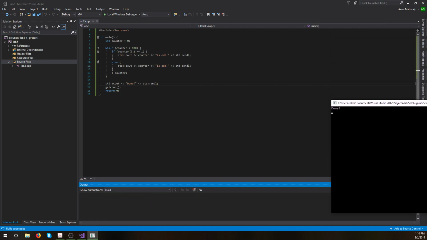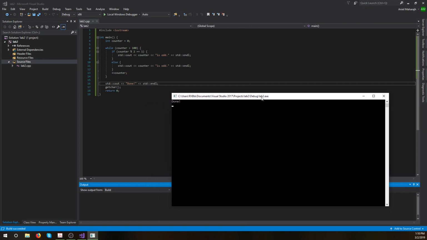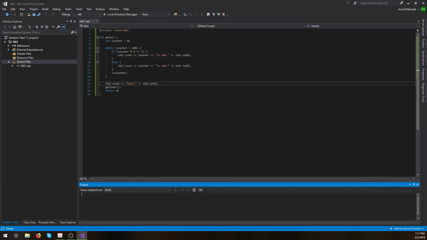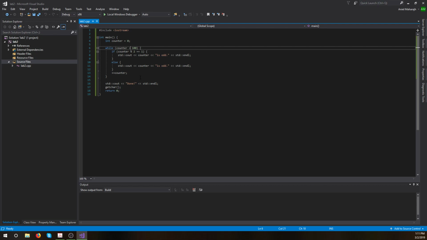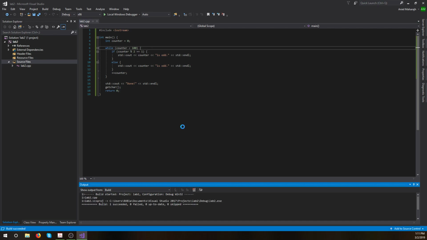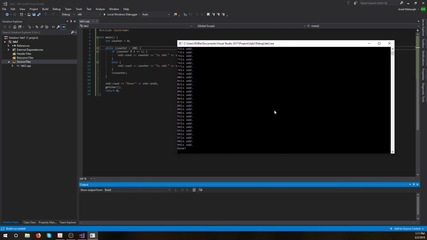When we run this time, we can see that the while loop has never executed. We don't have anything saying odd or even. It just goes straight to the done statement, and as such the program just finishes at that point. So our first error that we need to rectify is that instead of this being more than, it needs to be less than. We now have our output here accordingly,